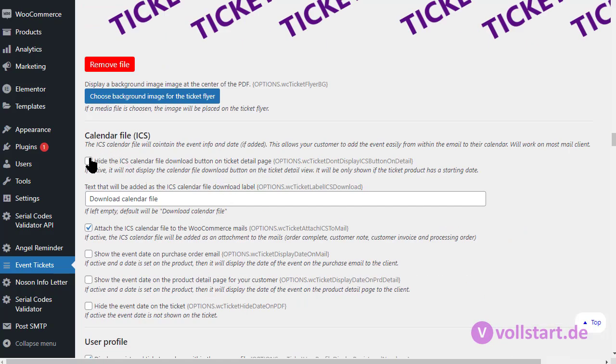This is helpful. Attach the calendar file, and then they will have a calendar file in their email, and they can attach this to the email, and they can immediately add it on their mobile phone. Typically it's mobile phone, the calendar entry for your event, and makes their life much easier. You can show the event date on the purchase order email additionally to say, hey, it will be at this time. It's date and time basically. If you're not sure about the date and time, you can remove them first.